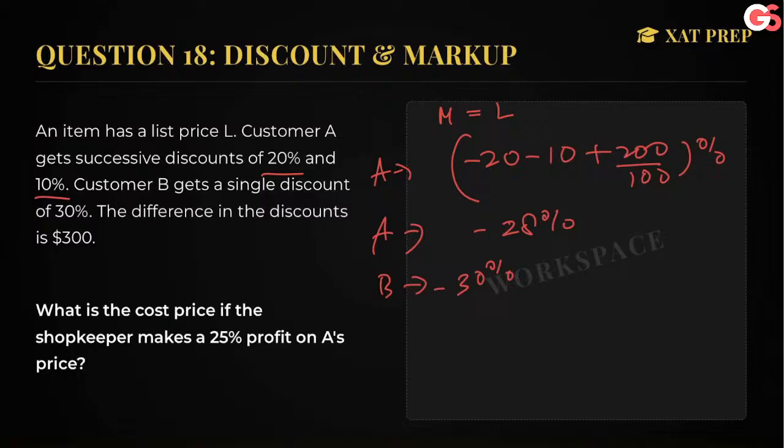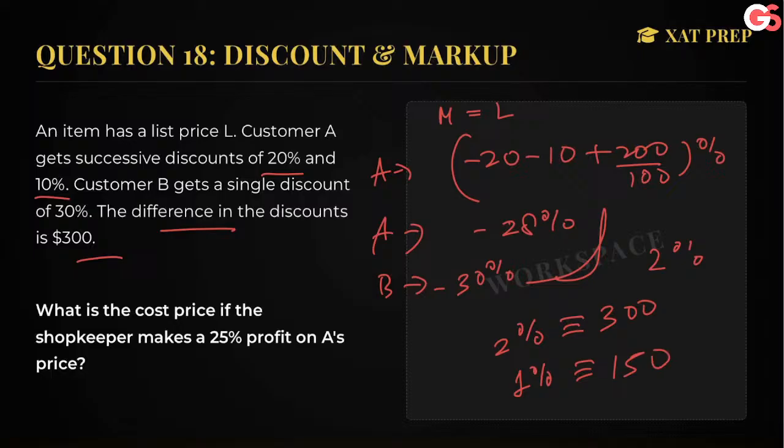Difference in discounts is $300. डिफरेंस कितना है इन दोनों के बीच में? 2% का. So 2% is equivalent to how much? $300. That means 1% is equal to $150. बताना क्या है? What is the cost price if the shopkeeper makes this much profit on A's price? ओके, तो ये A के हिसाब से किया हम लोगों ने ना. 1% is 150. ठीक है,